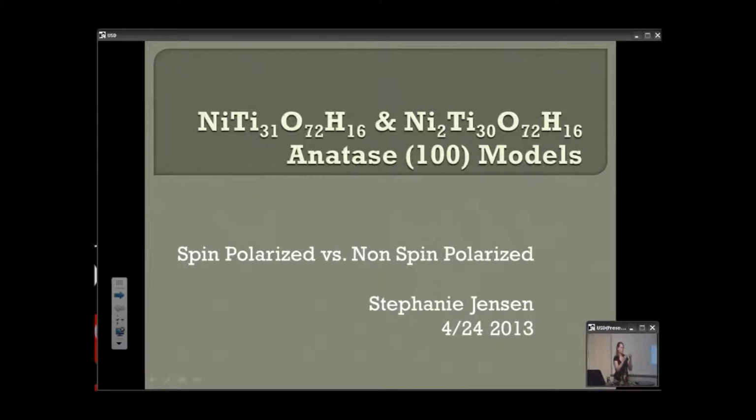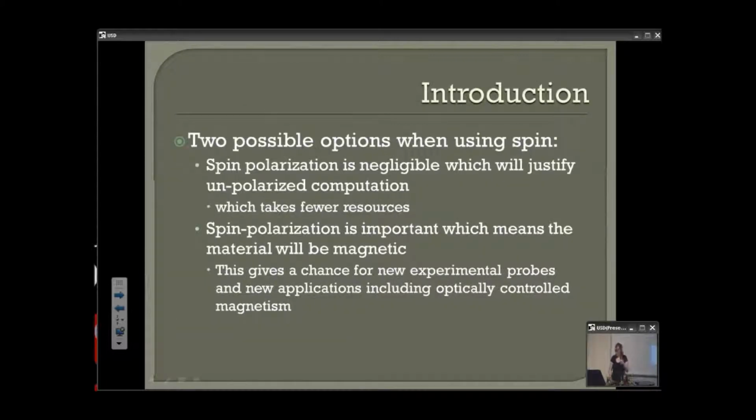Okay, this is kind of a derivation from my master's project. Okay,